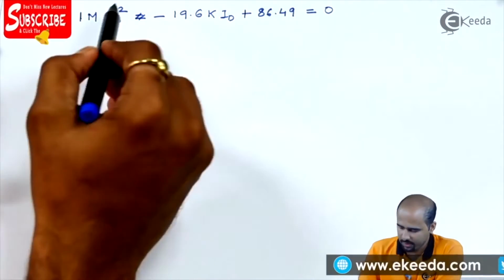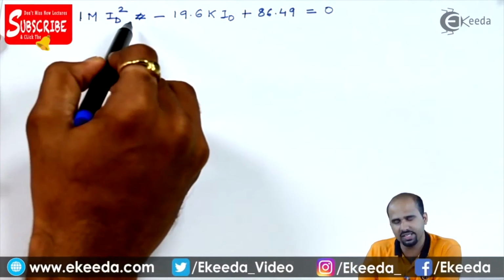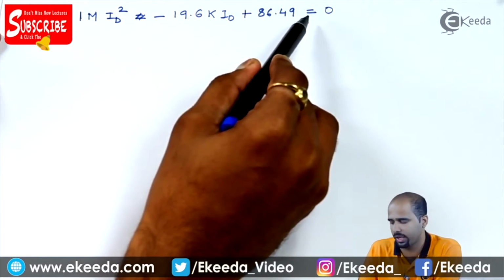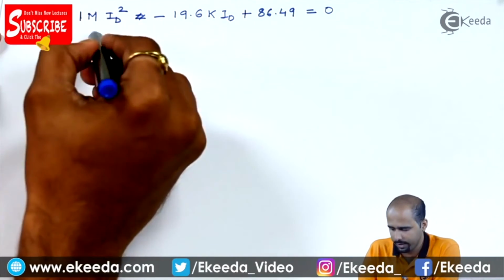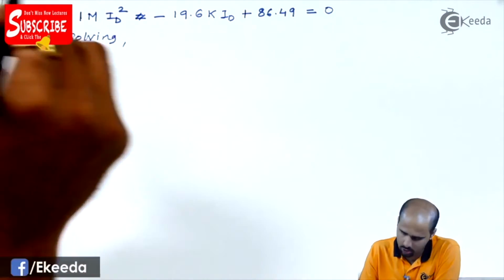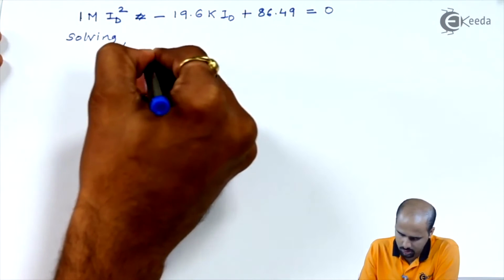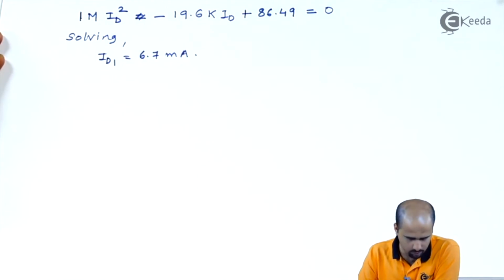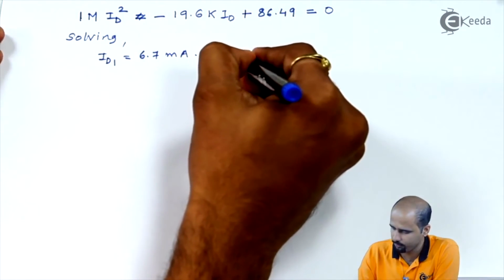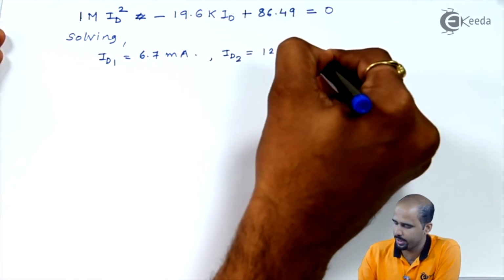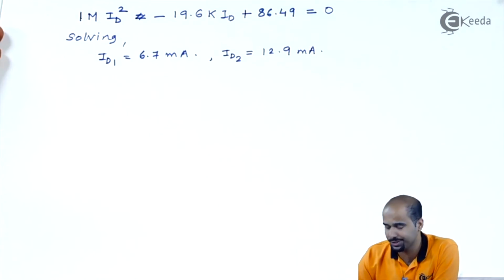Okay, now come to me. This is your equation: 1 mega ID square minus 19.6 kilo ID plus 86.49 is equal to 0. Finding the roots, we will be getting two roots. First, ID1 is equal to 6.7 milliampere, right? And the second one is 12.9 milliampere. Now again there is a confusion because here we don't have IDSS and VP, right, to figure out